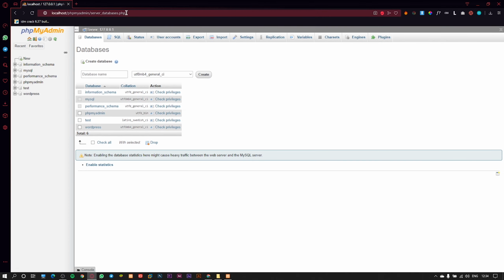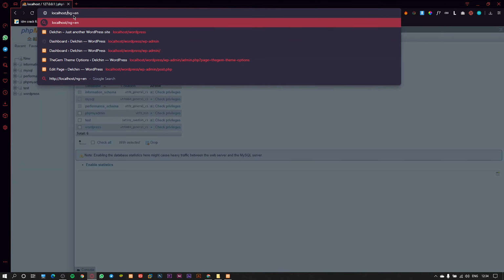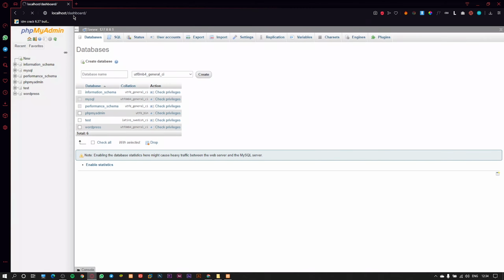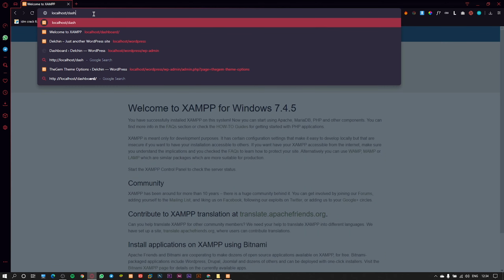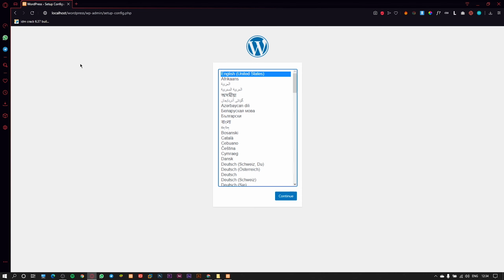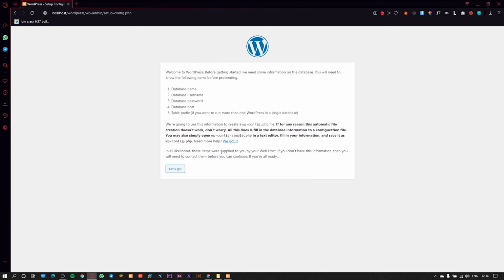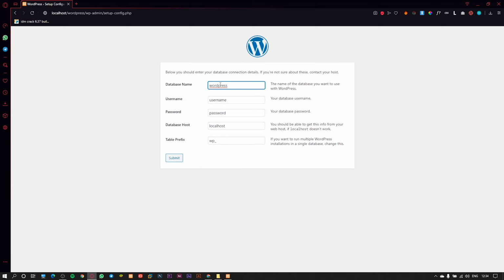Just simply go to localhost/WordPress. Select your preferred language and continue. Click on let's go and enter the database name we have just created,